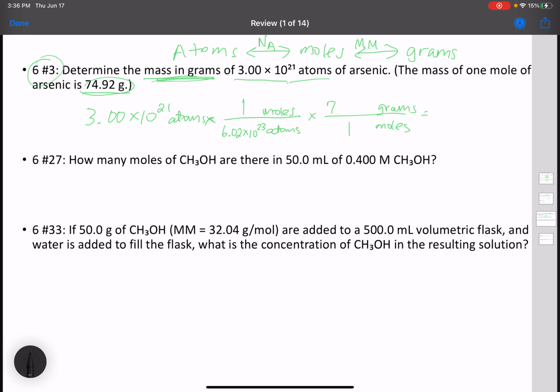in this problem, 74.92 grams. And then I just type this in my calculator. Let's open my calculator. 3EE21 divided by 6.022 EE23 times 74.92 equals